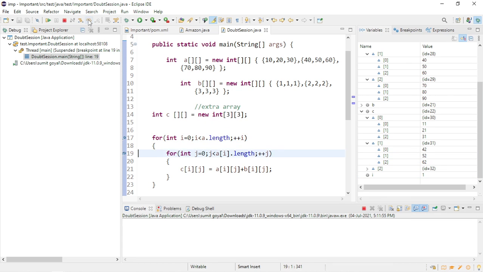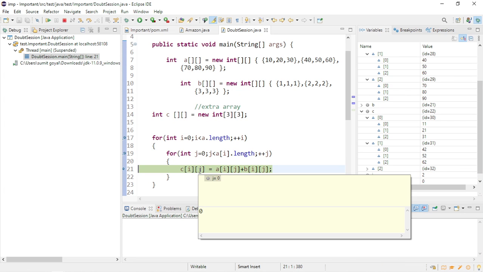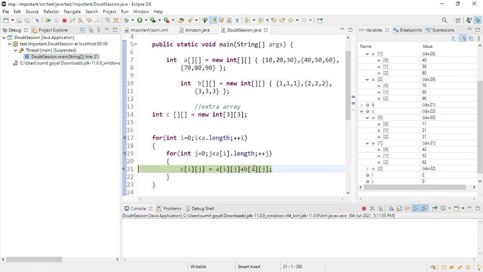So now j value will be 0 again. So 2 is nothing but 2 0, 2 0. It is also 2 0. So they will be exactly the same, and it is also 2 0. So now if I execute this, it is 2 0, 2 1 and 2 2, right? If you visualize it in matrix format, this is also 2 0, 2 1 and 2 2.